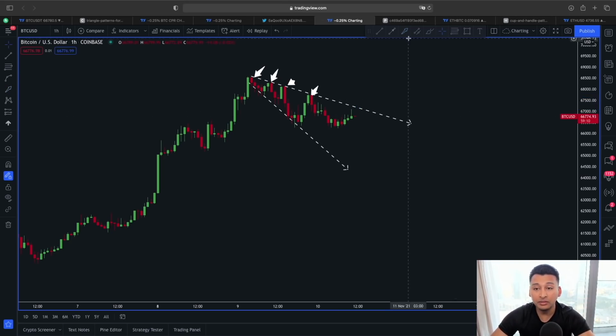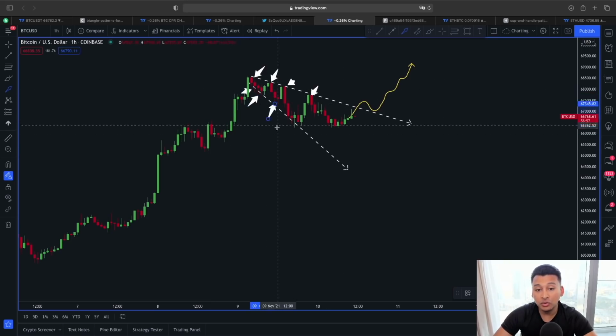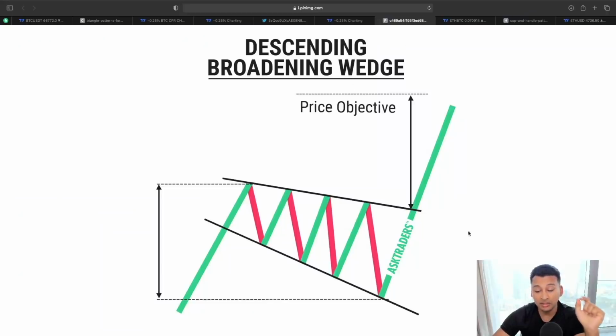But if we do flip this resistance into support, then this trend could continue this rally here to the upward direction, because this upper line from this descending broadening wedge is a line of resistance, and the lower line is a strong line of support. And if you look at this example from this descending broadening wedge, you can see here, as soon as the price breaks out of this upper line area, we will be ready for this next movement here to the upward